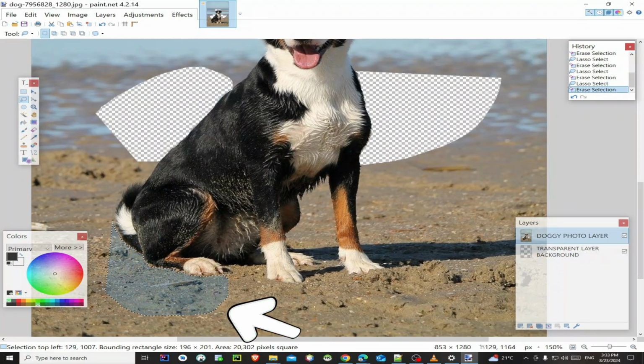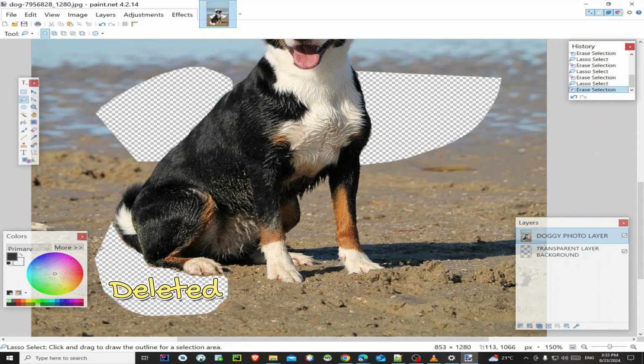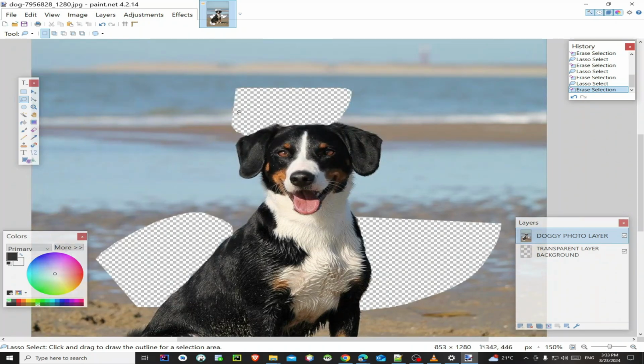I go like this. So now with this selected area, I just hit the delete key and it is deleted. I'm going to repeat the same process for the remaining bits.